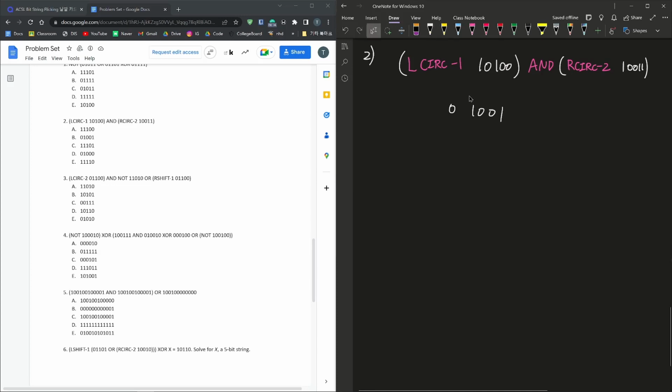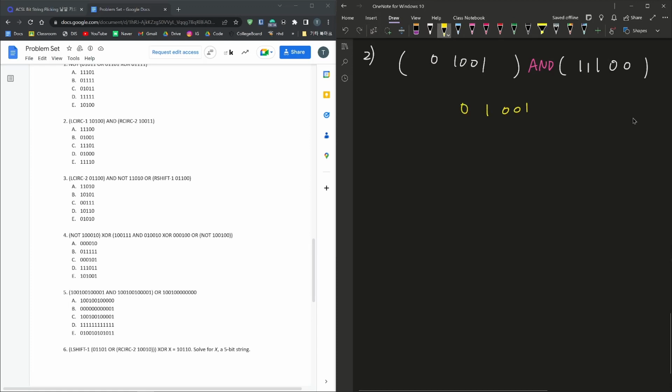We're going to delete this, replace it with the answer that we just got, and then the next parentheses. CIRC 2 10011. We take the 2 digits from the right, move them to the left, and there we go. We will delete this and move this one in place. Okay, now we have